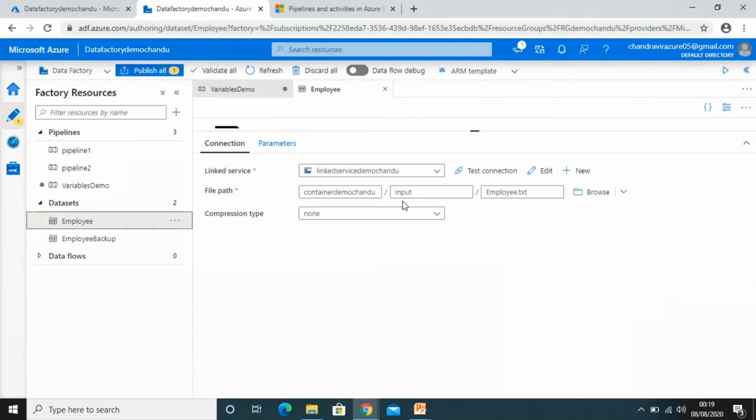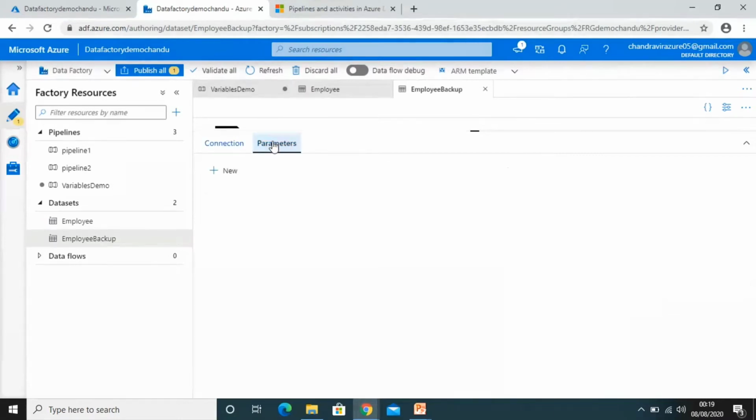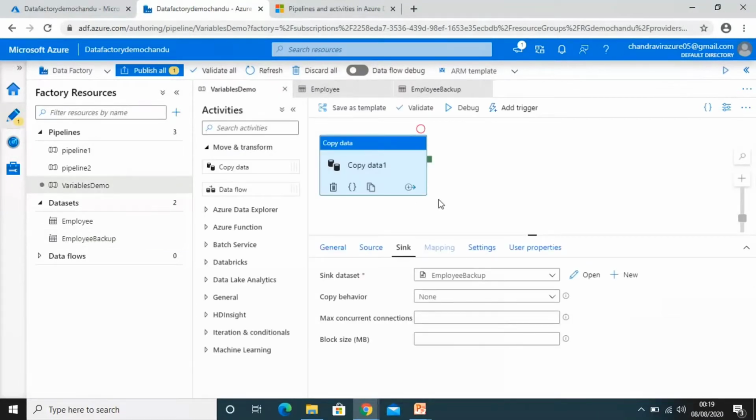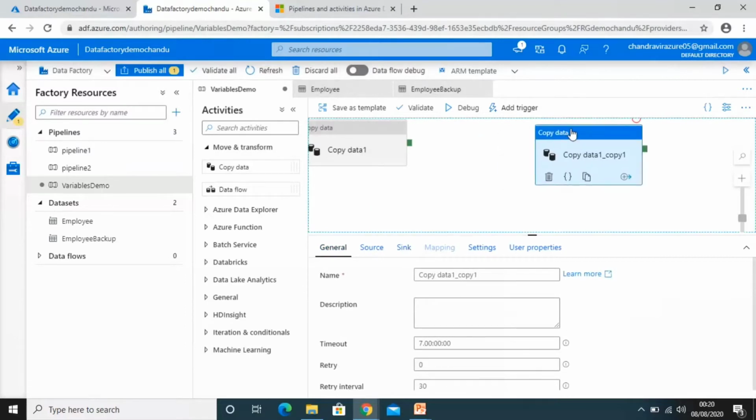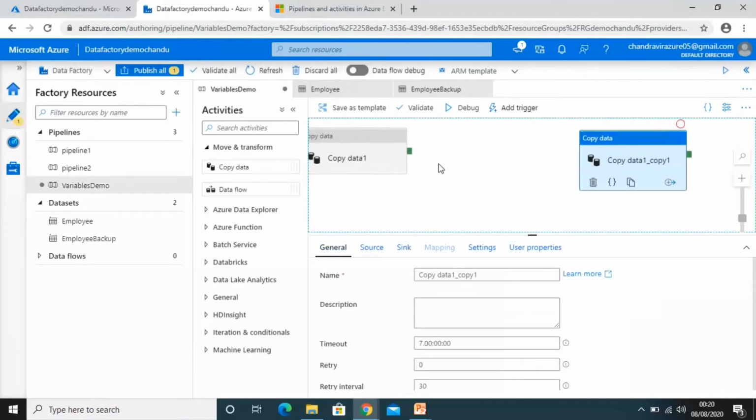Now if you see employee, we are using the container's input folder and employee text file, and for employee backup we are using the same demo container, but the folder is output and the employee backup file. So in this copy data activity, we will copy the employee text file data from the source folder to the target folder.